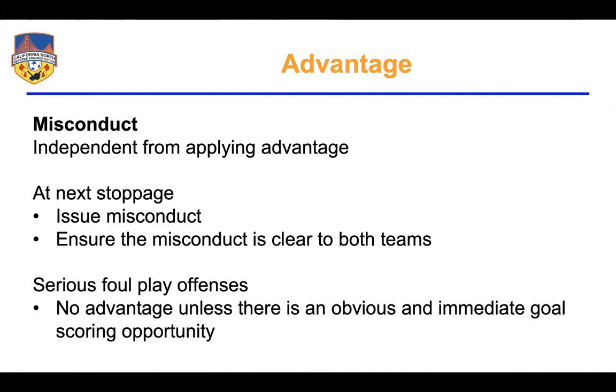If you have a red card offense for denying a goal scoring opportunity, and they go on to score the goal, the laws of the game state that you should give a yellow card. If you play advantage on a red card for violent conduct or serious foul play, then the answer is yes, you go back for the red card.